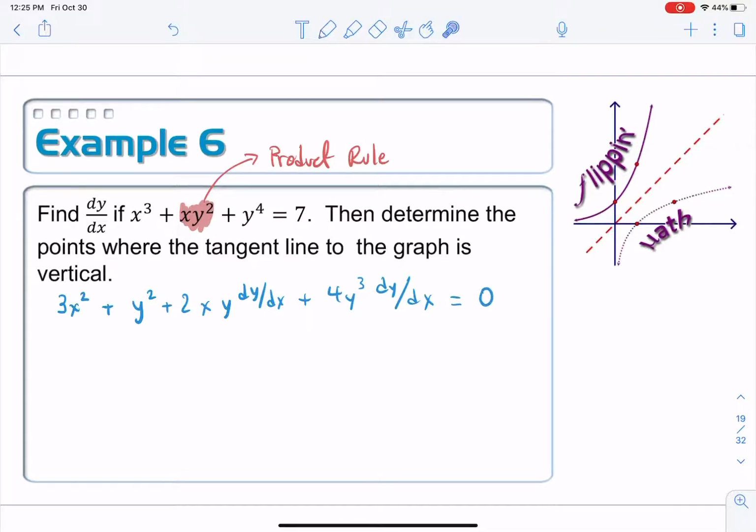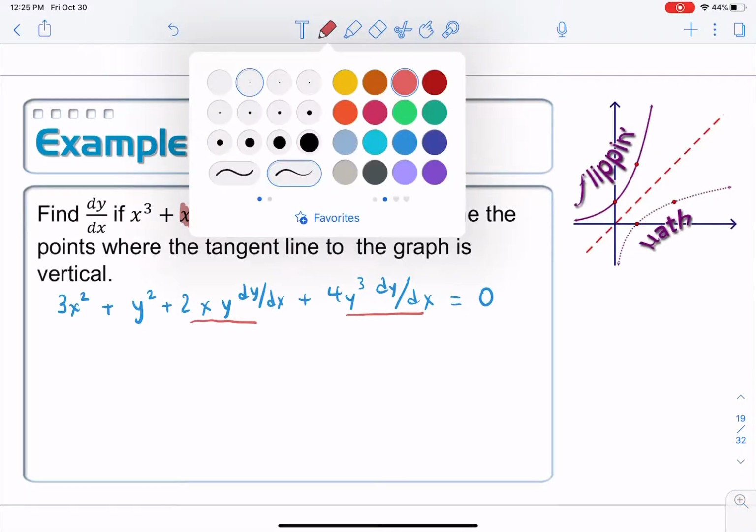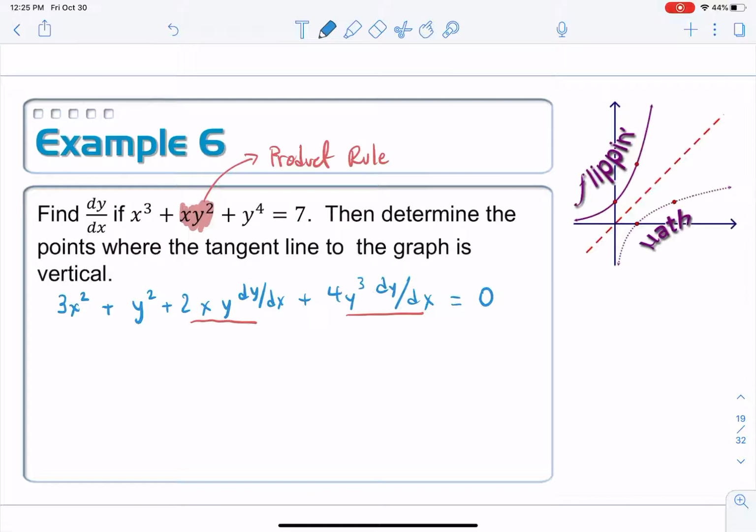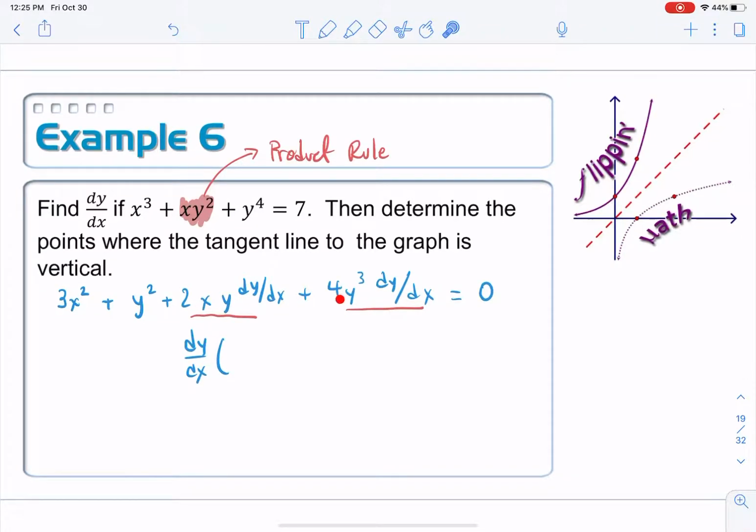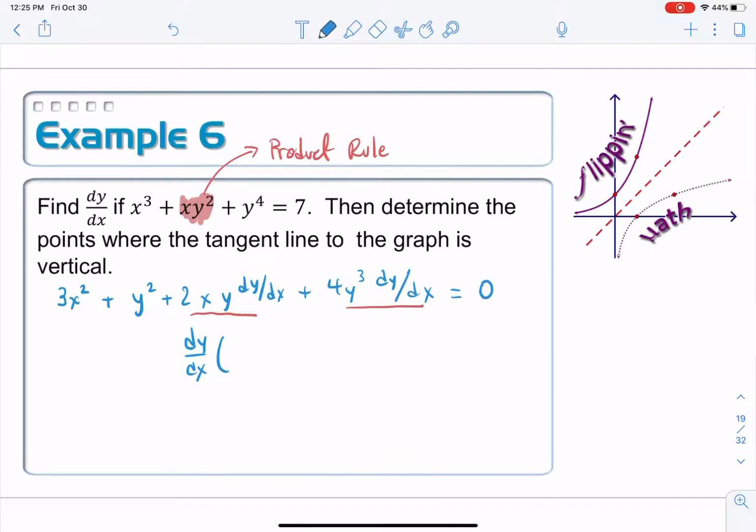Notice that we have 2 separate terms that have dy dx's in them, and I'm going to keep them on that side of the equation. And we'll have to factor out our dy dx terms from those. And the other 2 terms, we have to get to the other side of the equation. We'll have to subtract those. I'm going to do them both at the same time. So follow me here. I'm going to go ahead and factor out the dy dx term from these 2. And I would have a 2xy plus 4y to the third left over is equal to, and then just subtract these 2 terms to the other side, a negative 3x squared,